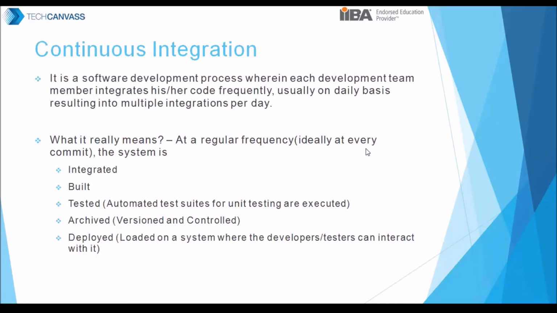Now we will go ahead with continuous integration. So what happens here? The developer is working on chunks and bits of a particular feature, and say for example that feature is done and they want to deploy it. So they simply commit it in SVN or whatever repository they are using, and it gets automatically tested, the unit testing part, the component testing part, and then it comes into the